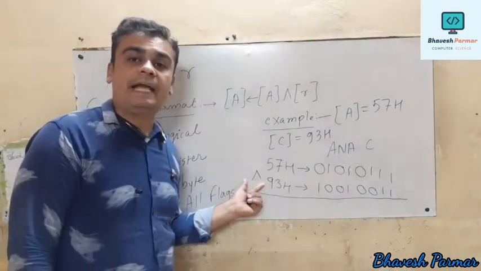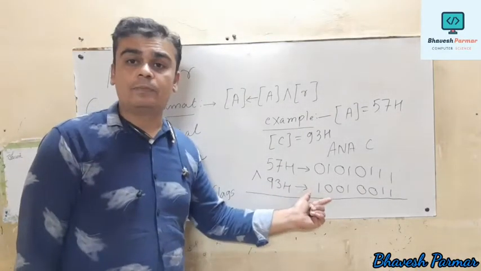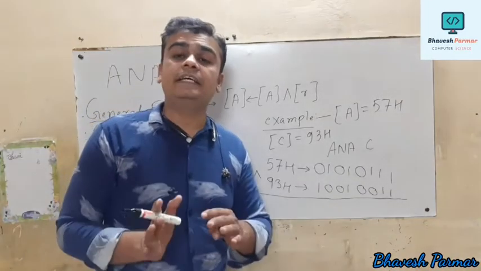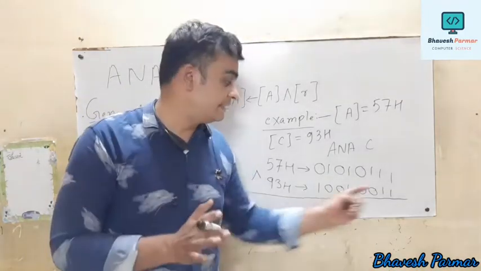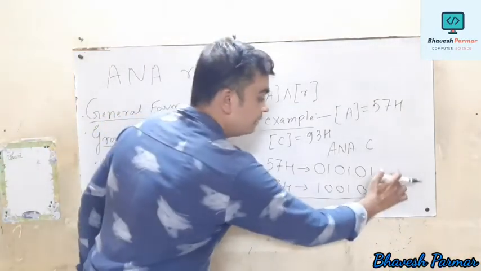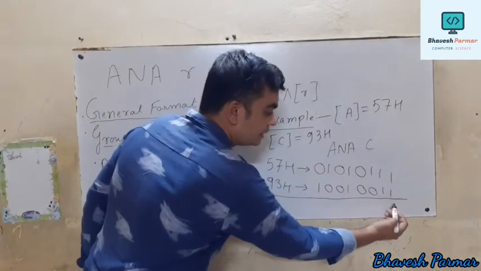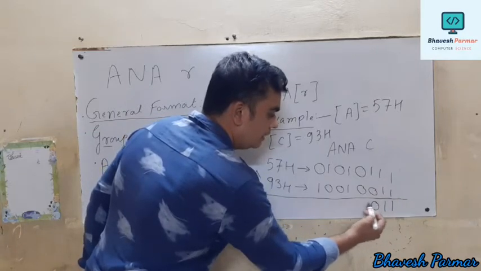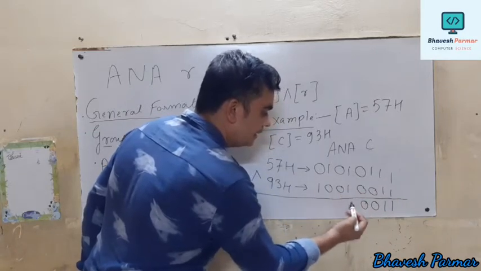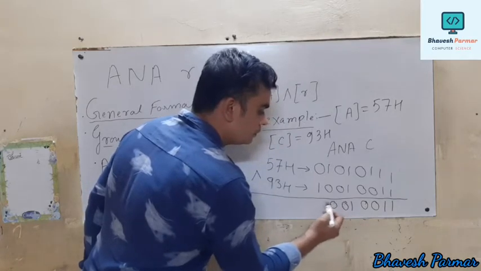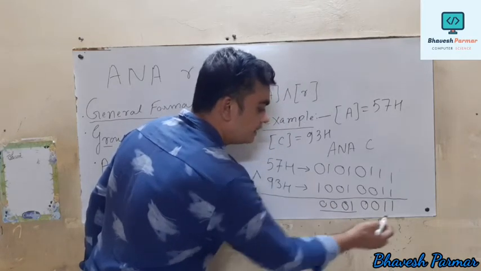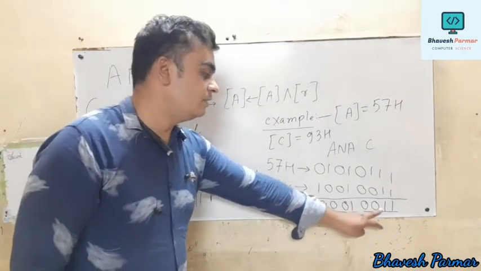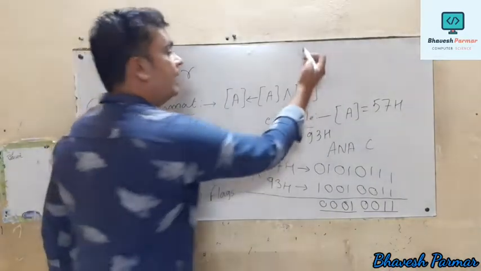Now I am going to apply the AND operation. So how can we use the AND operation? We know that only if both inputs are 1, in that situation, we say that the output is 1. So let me start here. Here both my inputs are 1, so my output is 1. Again 1 1 is there, so output is 1. In other cases it is 0. Now again here 1 1 is there. So finally I will get the output like this: 0001 and 0011.